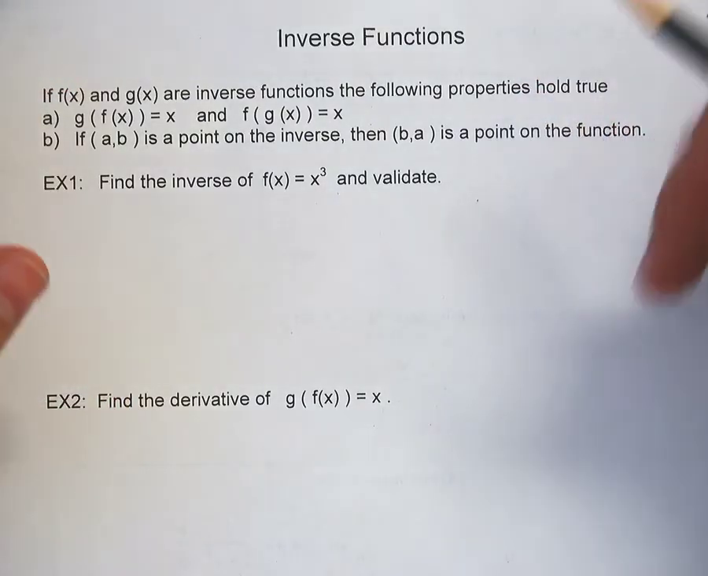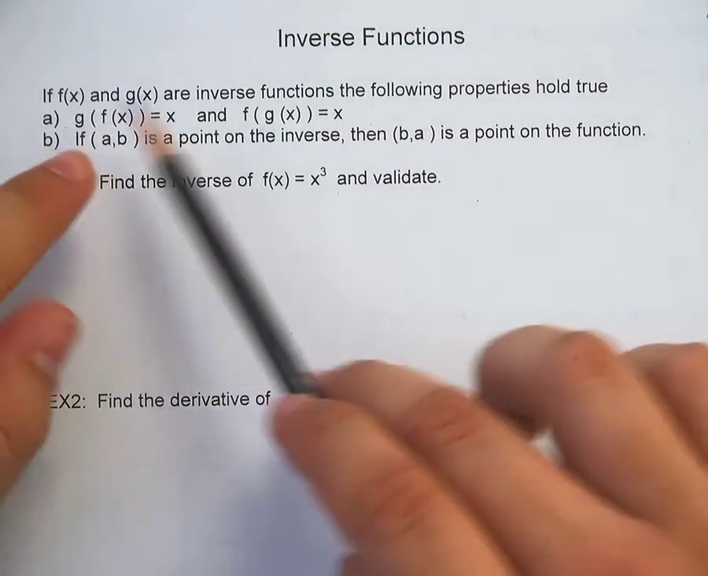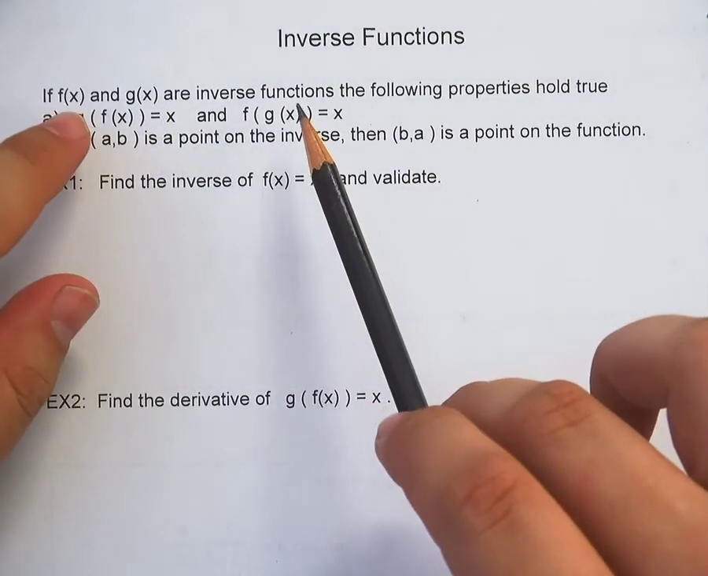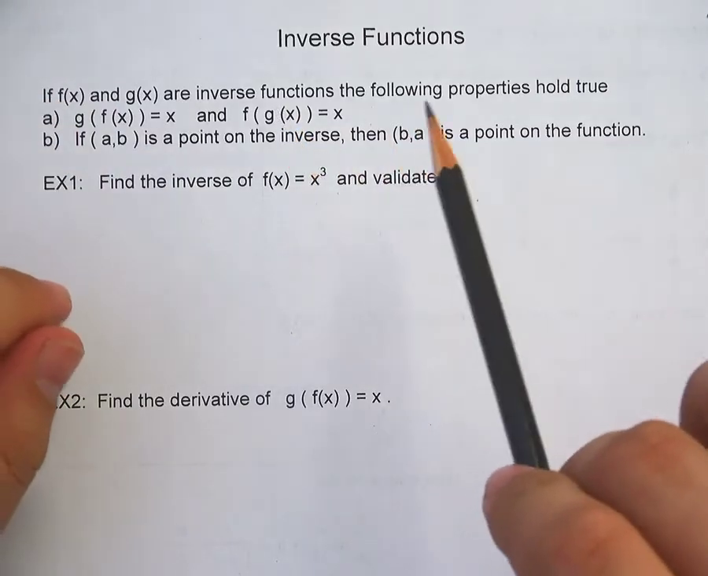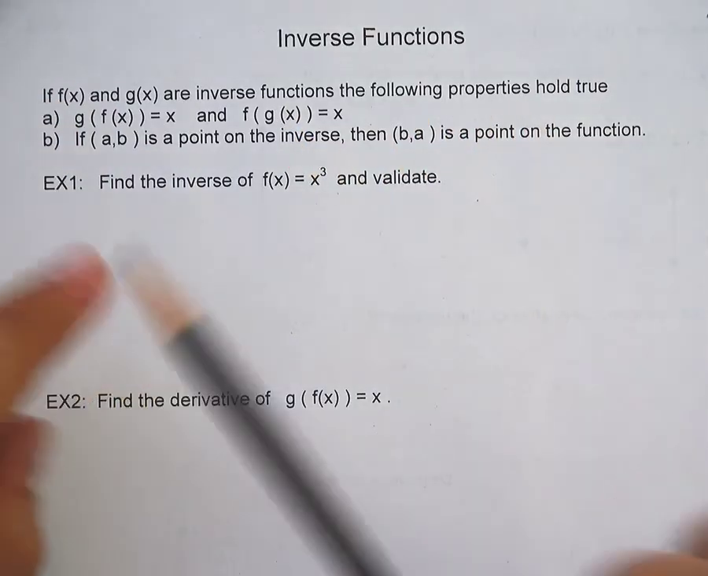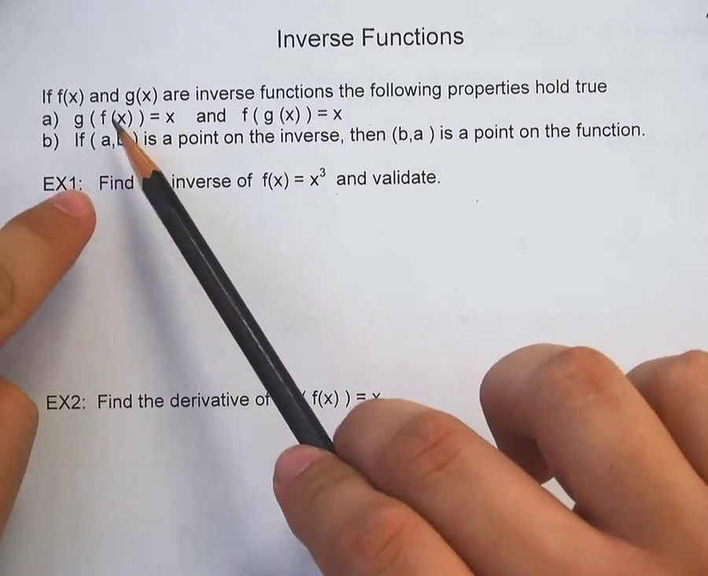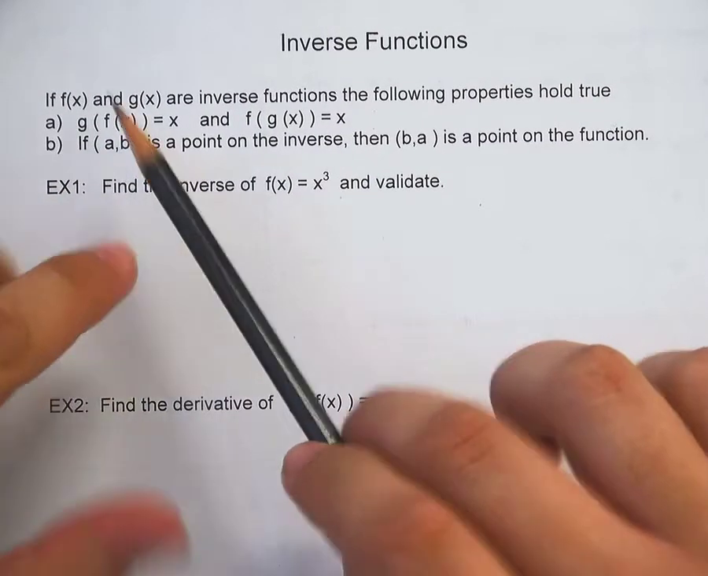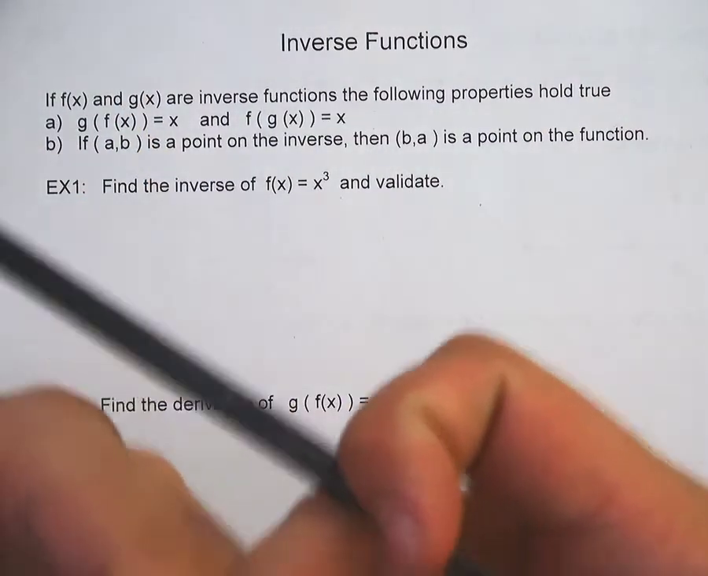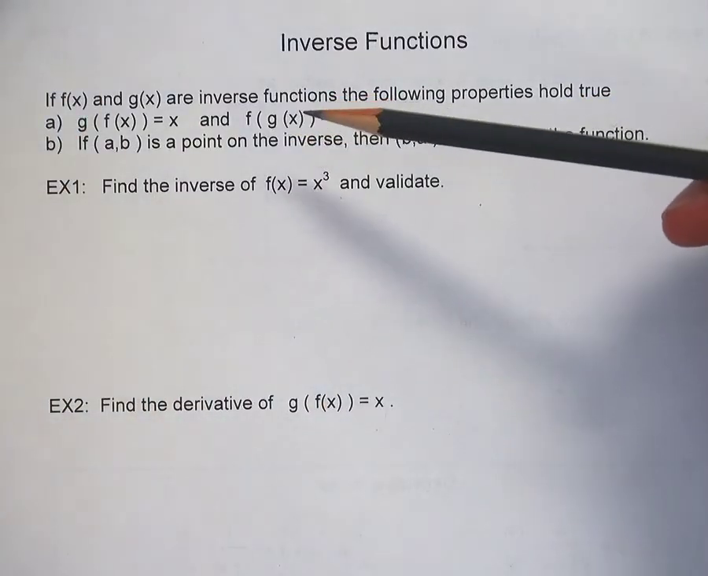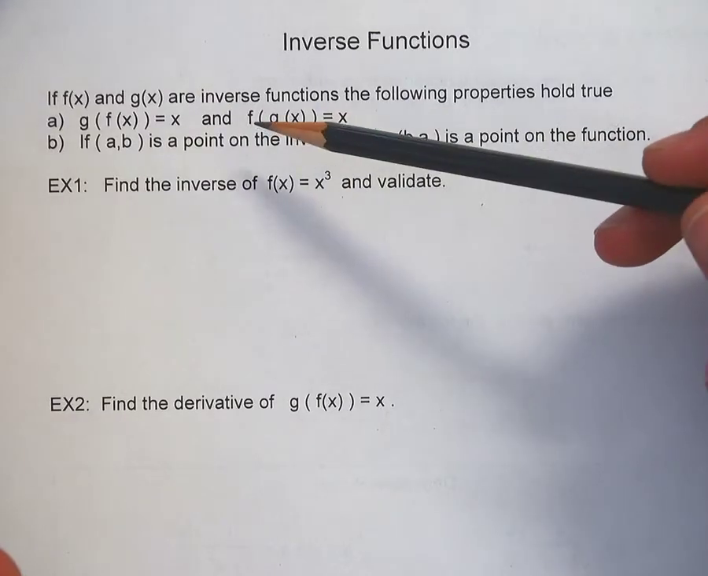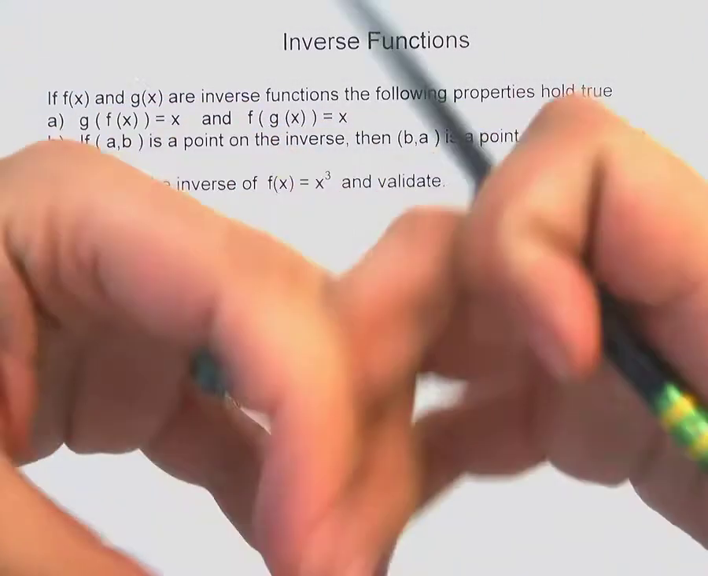get into some calculus. First, if f and g are inverse functions, so I'm telling you that g is the inverse of f, then the following two properties hold true. First, g of f of x is all going to kind of implode on itself and give you just x. Same thing with f of g of x. If you plug in g of x into f, then the entire function kind of implodes on itself and just